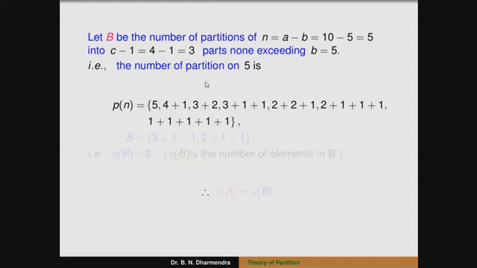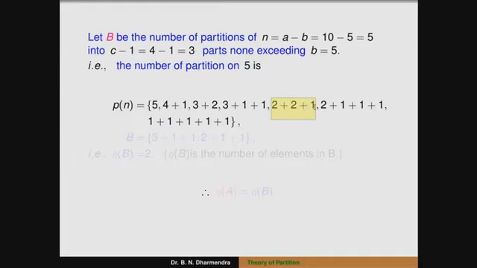What is the condition here? The number of partitions of 5 is exactly in terms of 3 parts. You can observe only 3 parts. 5 is not 3 parts, 4 plus 1 is not 3 parts, 3 plus 2 is not, 3 plus 1 plus 1, we have to observe here. So that is 3 parts. Each part of the partition is not exceeding 5. Here B is 5, none of them exceeding 5. So the parts of the partition not exceeding 5 are 3 plus 1 plus 1, and the next one is 2 plus 2 plus 1. So that is definitely 3 parts, none of them exceeding 5.